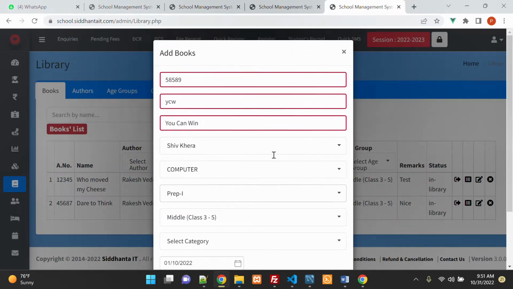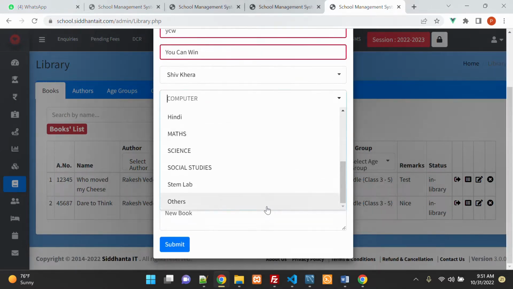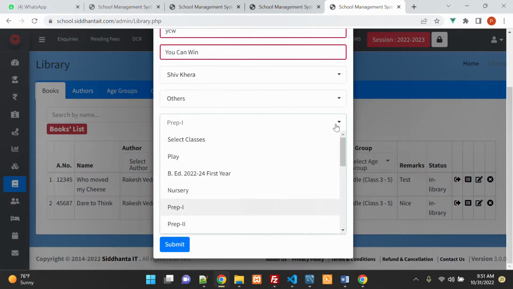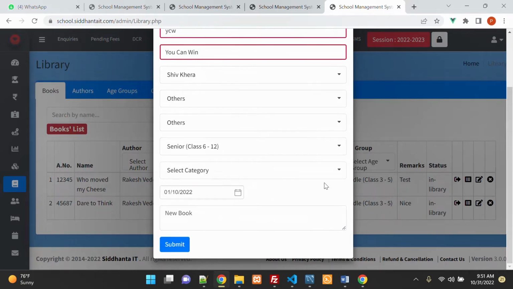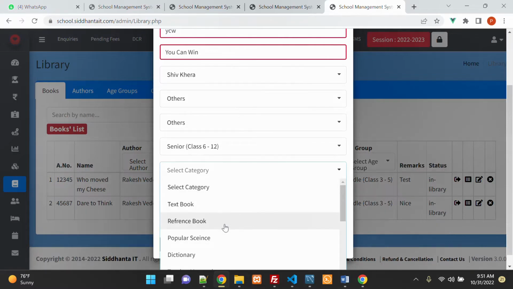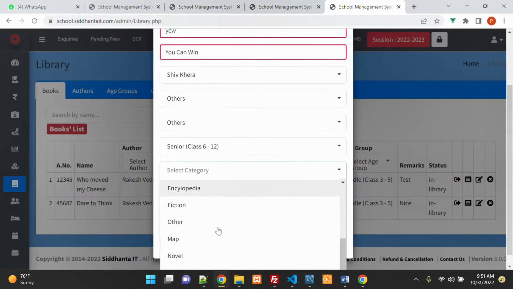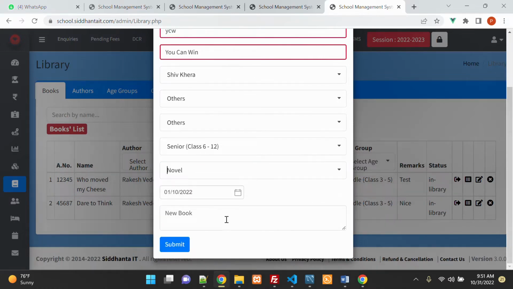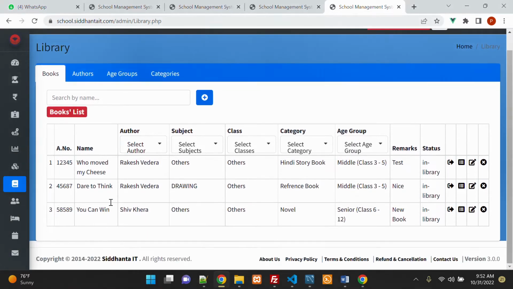Now we have Shiv Khera, so we'll come back to books, click here, and now we have Shiv Khera. So the name of the writer is Shiv Khera, and then let's accordingly choose others. Class can be for any class and for all the age groups, but still let's select 6 to 12, and this is not fiction, not a novel we can say, and then we'll press submit. As soon as we press submit, see we have entered a new book, You Can Win,